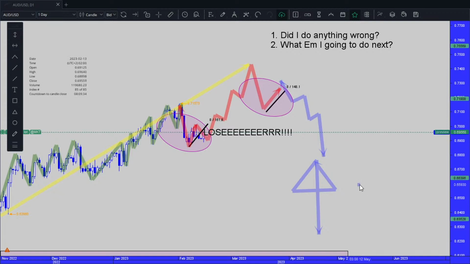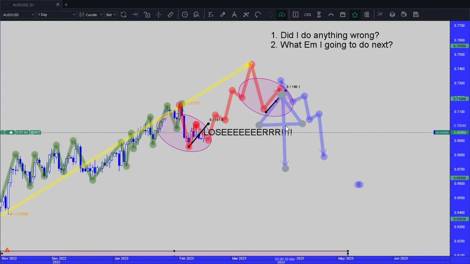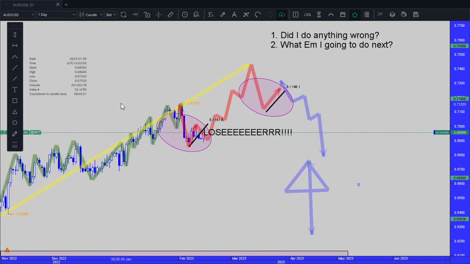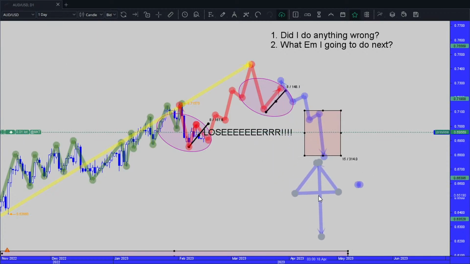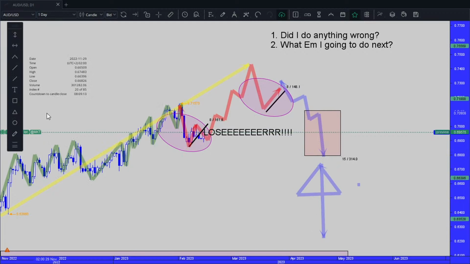Right? I should have obeyed the rules, probabilistic thinking. Okay, I'm going to have the eventual loser. I should have entered in here, I didn't. I can see clearly the market's making lower lows, lower highs, and now that I'm going to enter full of confidence, the market has confirmed all the things that I want to see, and I'm going to short the market. And what is going to happen?